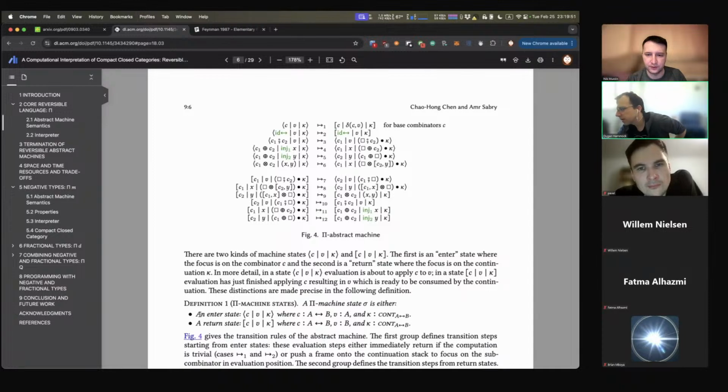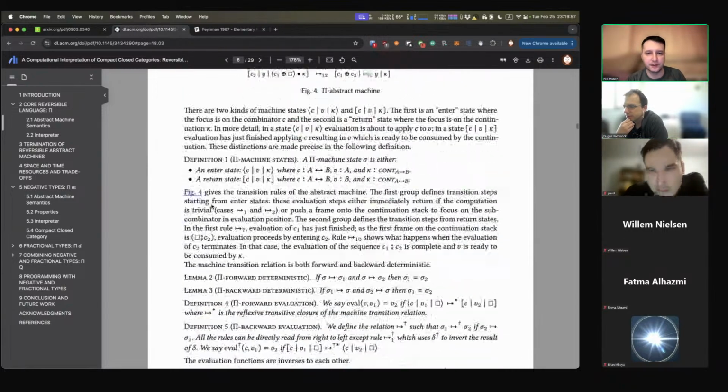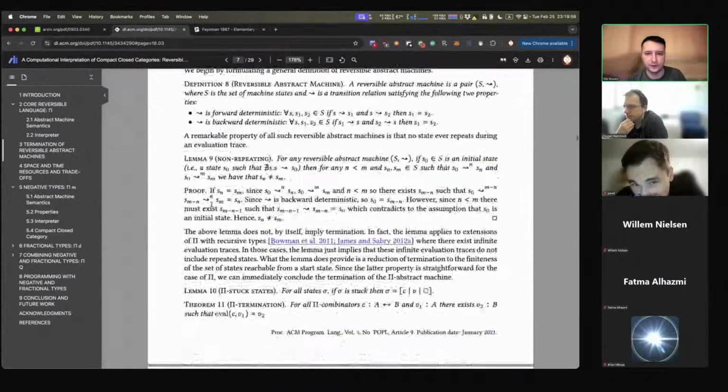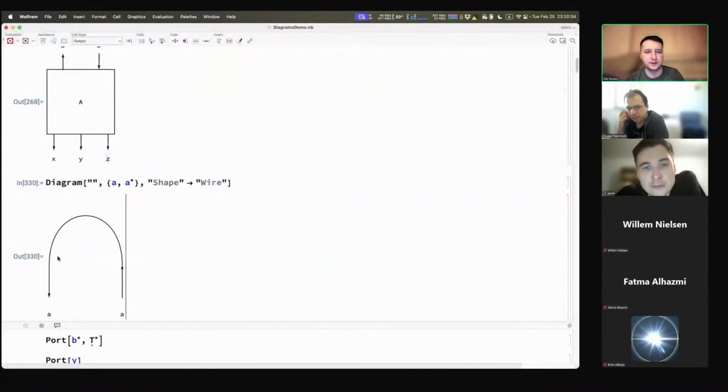So why are these compact? What makes them compact? What's the definition? Well, compact means that you have these units and co-units, which are just those exact U-turns, right? The U-turns that can be semantically interpreted. And basically, in the Pi machine, they interpret it as when you have this U-turn,